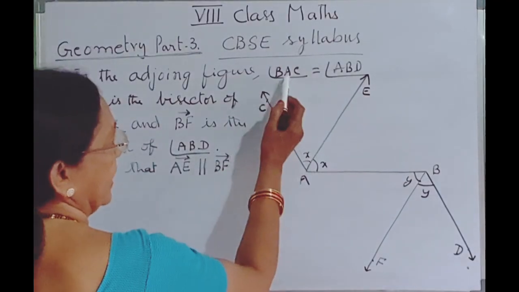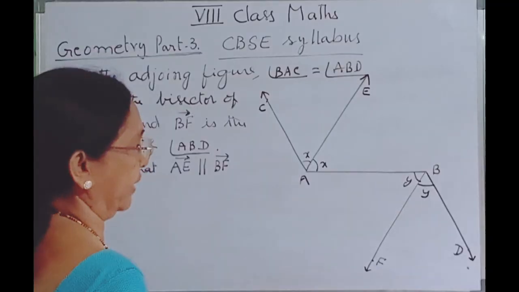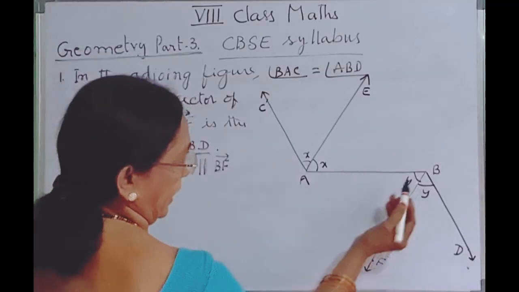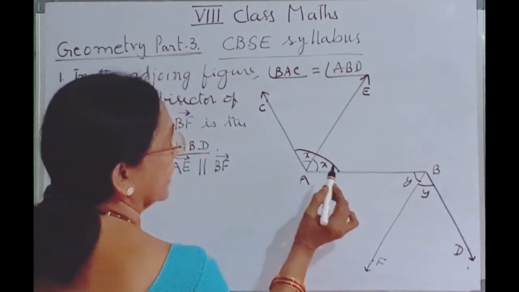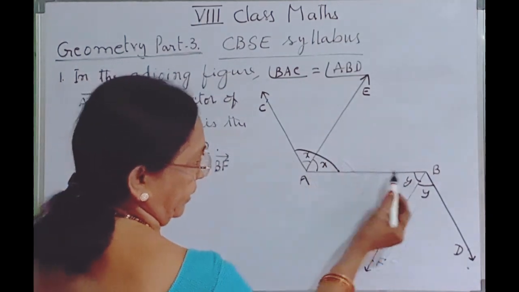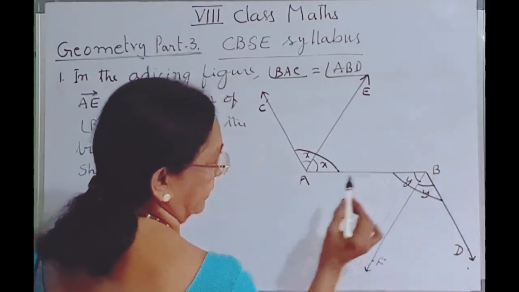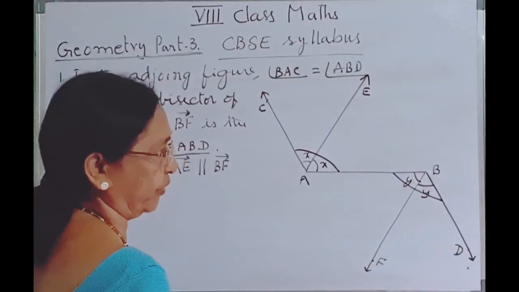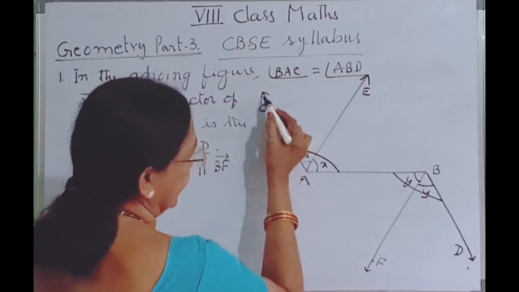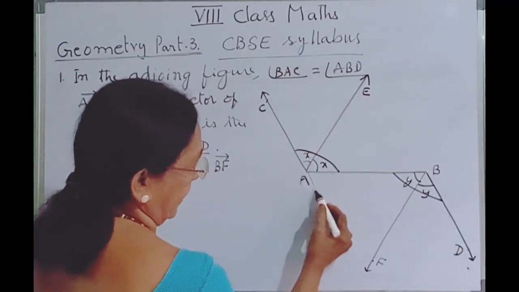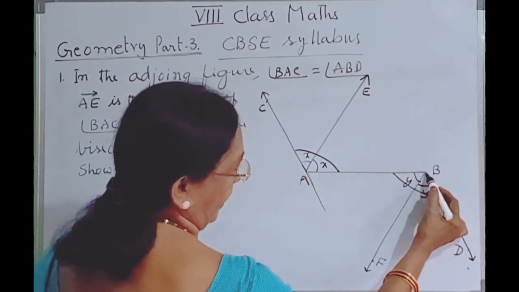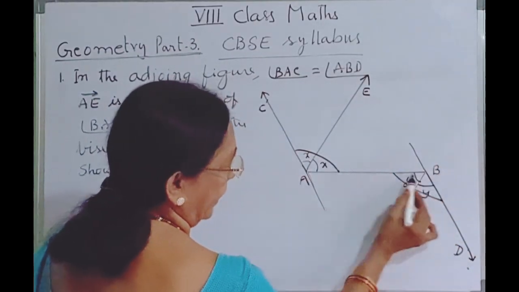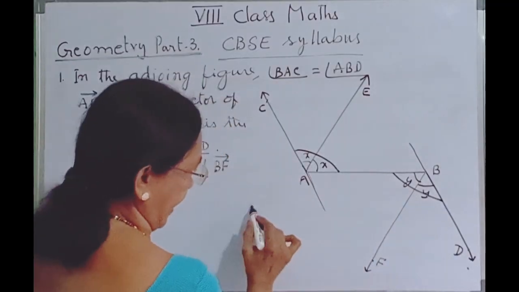Here angle BAC is equal to angle ABD. This total angle BAC is equal to this total angle ABD. These two angles are equal. So if we extend this ray AC and extend the ray BD also, and if we take AB as a transversal,